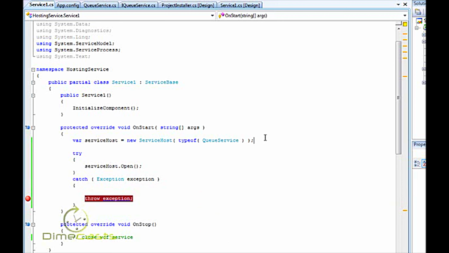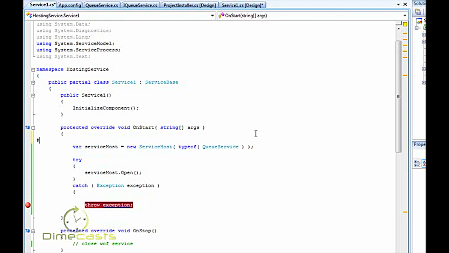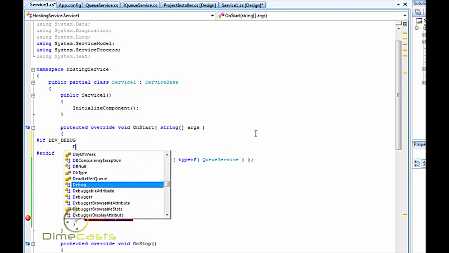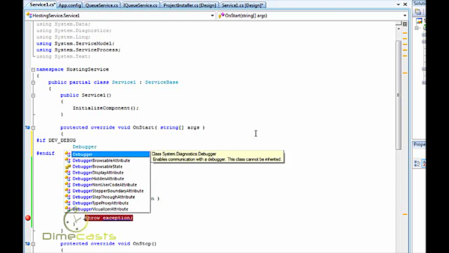And in order to debug this, I've always found the simplest way to debug a Windows service is just do some pound if statements. We'll do a debugger.break there. In order to hit this